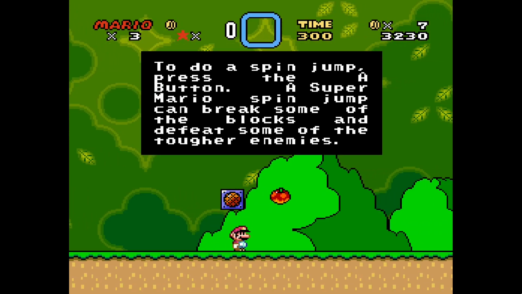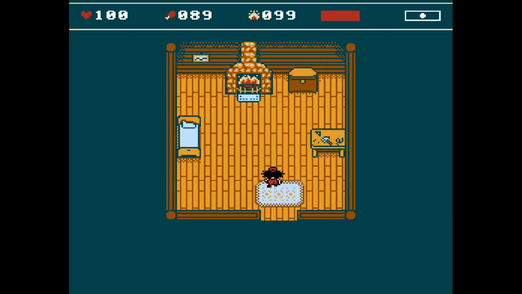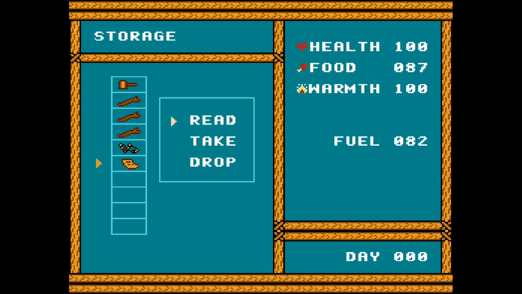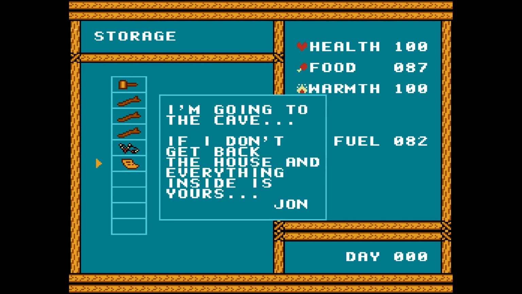I figured these items could be used as some form of tutorials in the future, like the message boxes in Super Mario World. The only question is how many of these documents I could fit inside of the ROM. So far I just added another letter. You can find it in the storage box. It's not really important or anything, but it might give you a better understanding right away of where the owner of